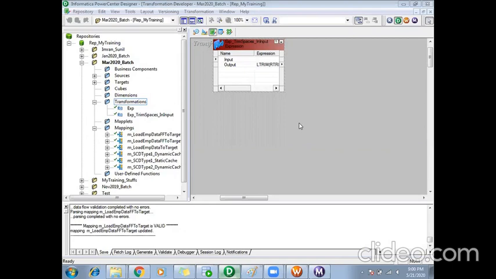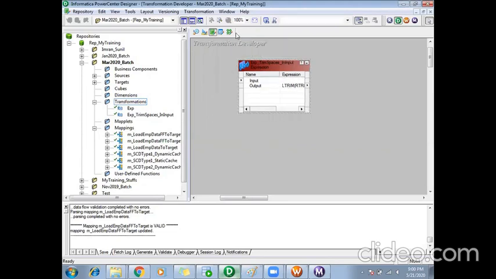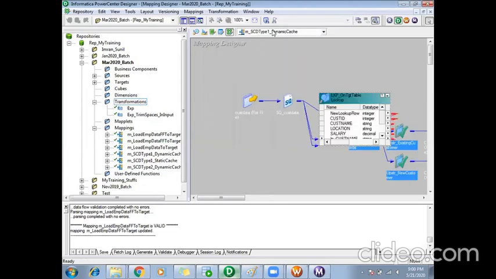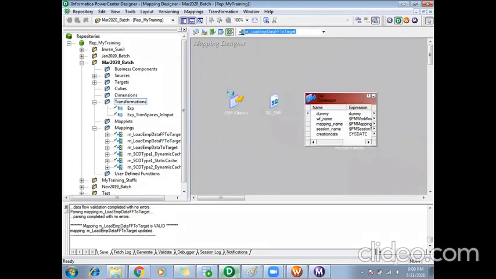Okay, if that logic can be achieved using a single transformation like we did now, I can make that transformation a reusable, so that instead of coding the same thing again and again in different mappings, I can code it once and reuse it. That's what the name reusable transformation. Okay, hope it's clear. If you guys have any doubts, let me know on this, else we can proceed further.